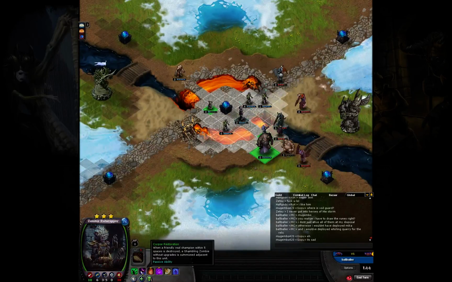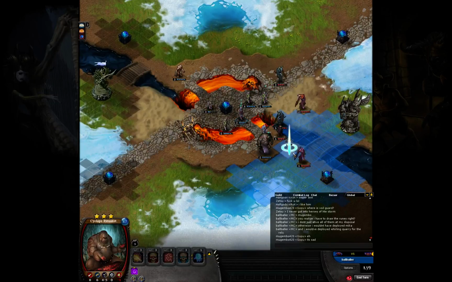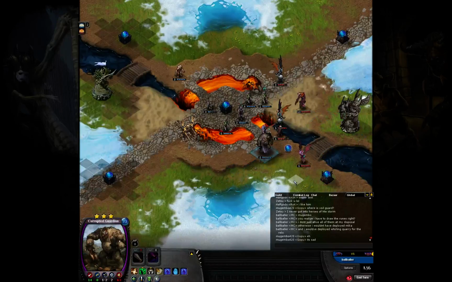And he does move out of the corpse restoration though. He moved right out of it. There you go. Dead ritualist. Didn't keep him far enough away. But it's pretty hard to actually